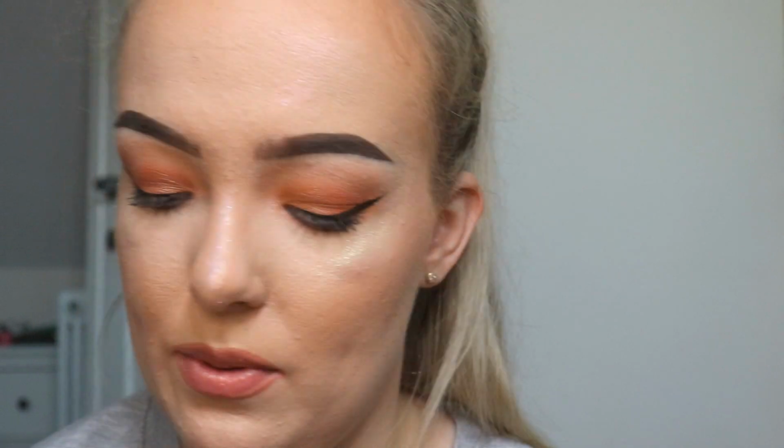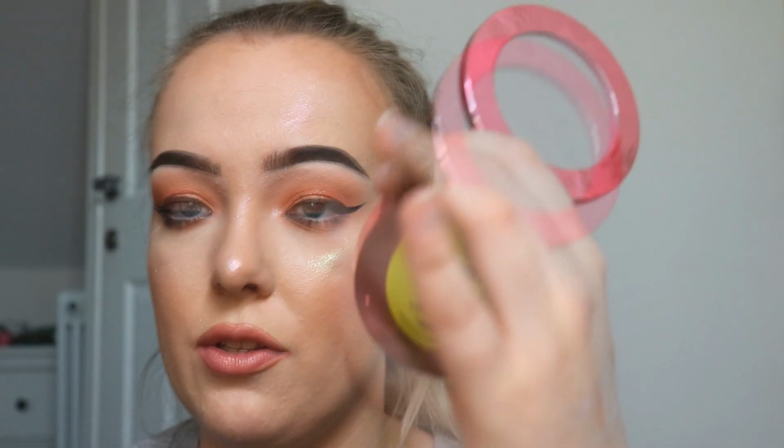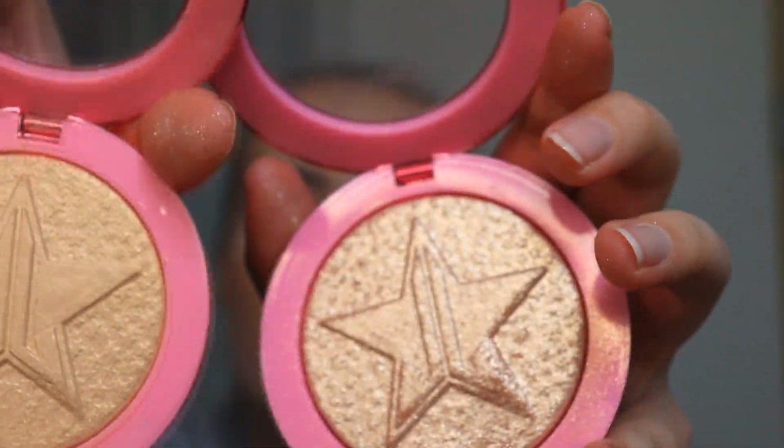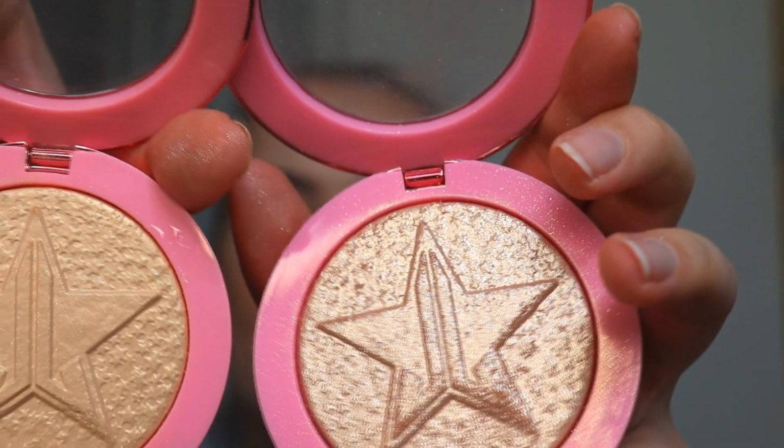And you can kind of see, this was the second launch, which is why it's got the green label on. You can see the glitter difference between these two. This is Diamond Wet and this is Snow Globe, and you can see the glitter difference already. So it just depends how you actually want your highlight to be. But honestly, I would say this is equally as good as the Supreme Frost. It just depends if you want a different colour or something, because if you just want a nice wearable highlighter,